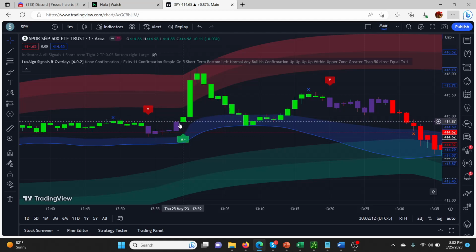So anyway, today I was busy and I missed this really nice strong buy signal right here. And the cool thing is this candle closed and you would have had at least a little bit of time to jump in and get this big move up. That's a big move if you're doing 0 DTE SPY options on the 1 minute time frame. That would have been an amazing trade.